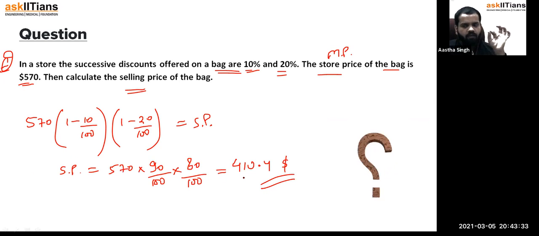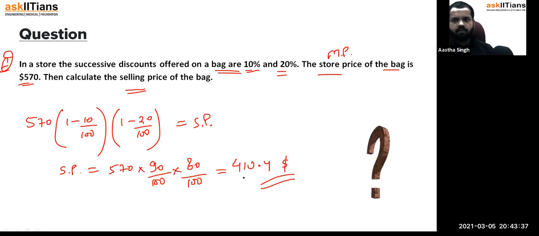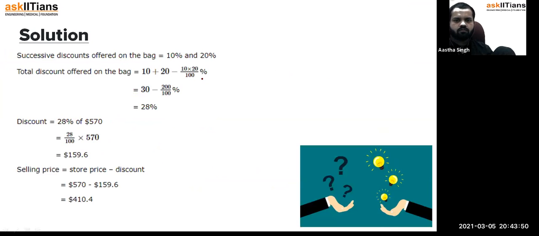I will give you a formula also. Then it will be much easier to solve, right? This is how we do: 570 into 90 into 80. So this is what we have done. Okay, so the solution has been done by formula. So I'm just writing here